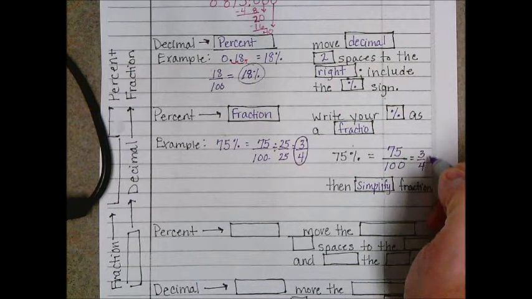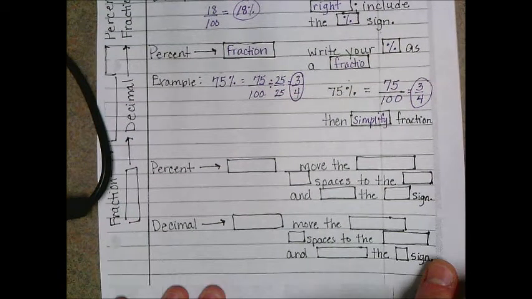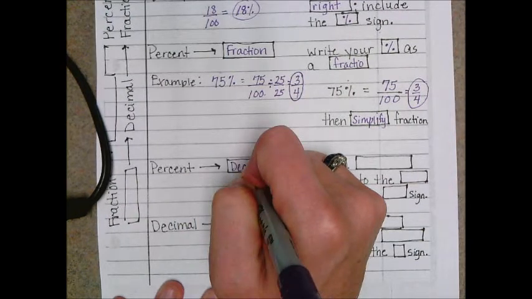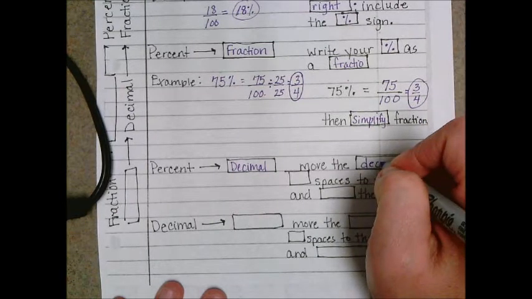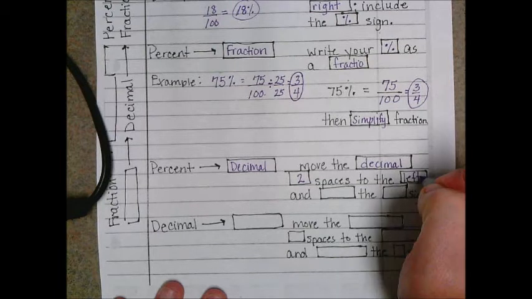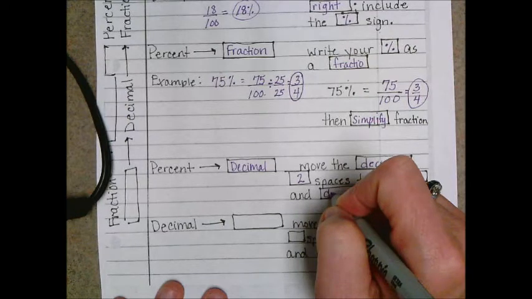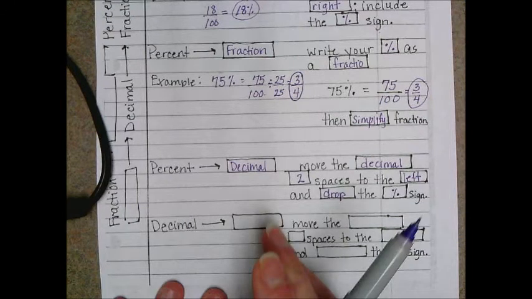Okay, two more things to remember is if you're wanting to convert a percent to a decimal, we're going to move the decimal how many spaces? 2 spaces to the left. And we're going to drop the percent sign. Remember, if we're taking it from a percent to a decimal, our numbers should get smaller. Okay, so for instance, if I have 19%,